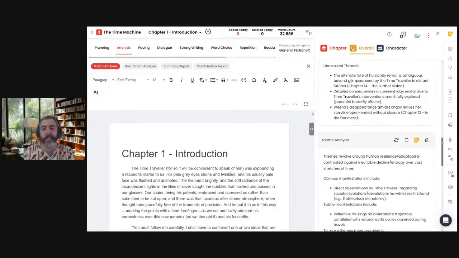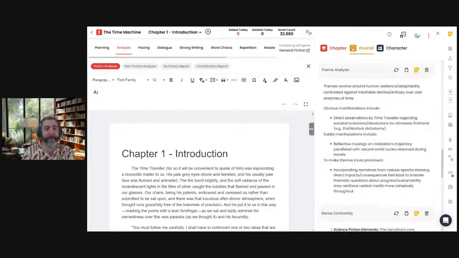Theme analysis. I think this is so helpful because a lot of times when I tell authors to find their theme, they're like, well, I don't know, I just write, I just do it. Because you have to psychoanalyze yourself when you're coming up with a theme. You have to think about, like, what makes me tick? Why am I so fascinated by this? What am I really getting at? So the theme analysis is great because you don't have to do all that. It can psychoanalyze you for you, and it can tell you what in the world. Yes, I'm drooling. It's really, really cool. It really is. All right.